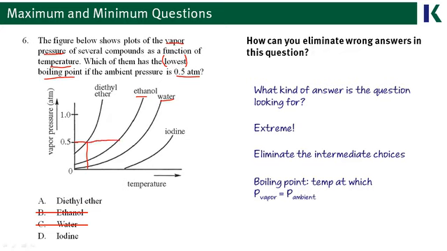If we carry that line all the way over to the iodine, we see that when vapor pressure and ambient pressure are the same, the boiling point is going to be a higher temperature, and so A does end up being our correct answer. However, even without knowing what this problem is asking, you could still at least get your choices down to a 50% chance of getting it correct by being able to eliminate the extremes.